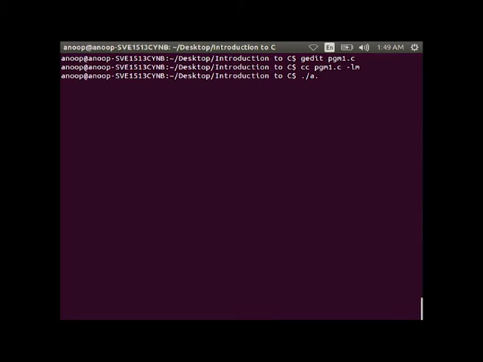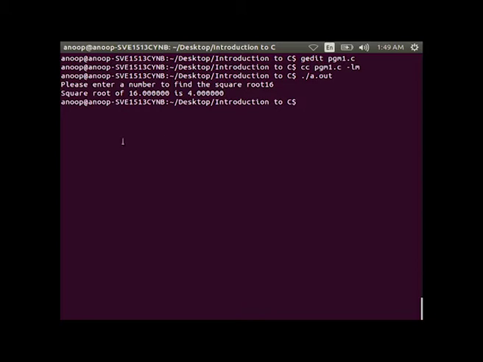So, after executing the program, we can capture the output like this. You can see that it says please enter a number to find the square root. Suppose you are entering 16, you can see the output as square root of 16 is 4.